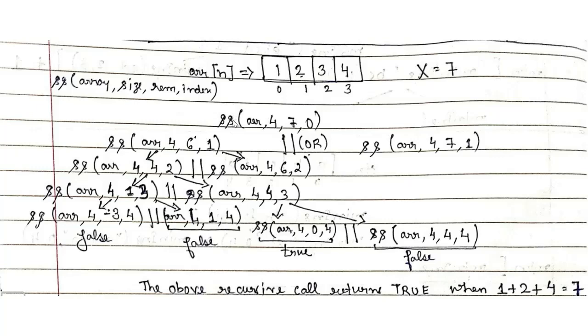Look, what was this path over here? This path was: I made use of 1, then I again made use of 2, I again made use of 3, I again made use of 4. So what was this path signifying? This path signified a subset of 1, 2, 3, 4. And what does this path signify? I made use of 1, I made use of 2, I made use of 3, but I didn't make use of 4. So this path was signifying a subset of 1, 2, 3.